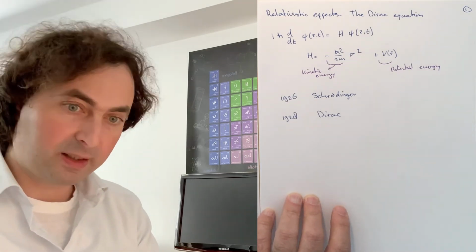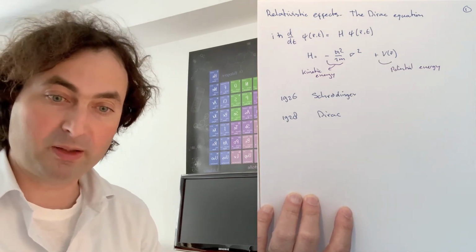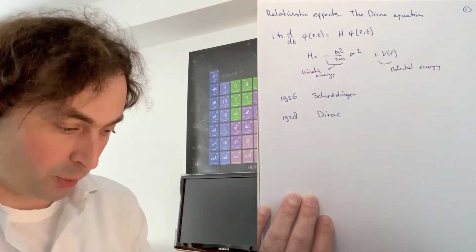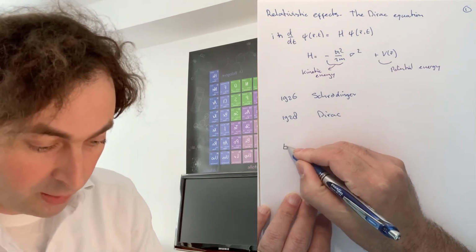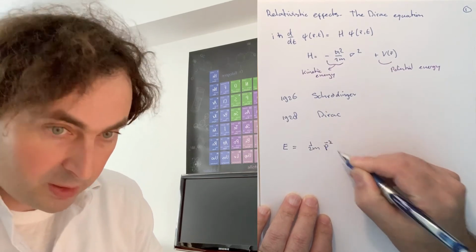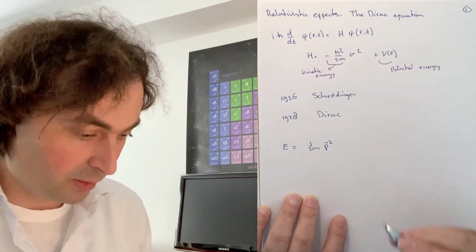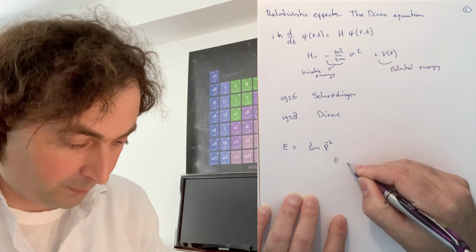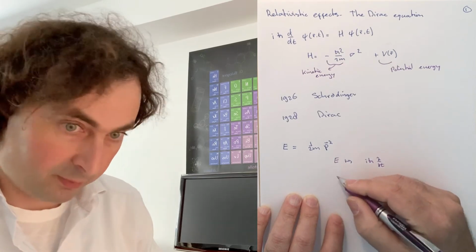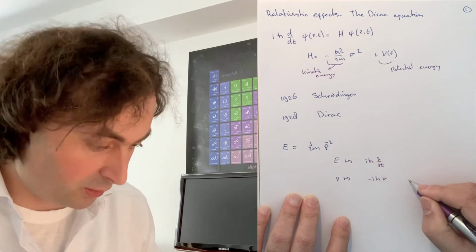So the idea that Dirac had is to have a look at the energy-momentum relations, both classically and then relativistically, and see what kind of substitutions one makes. So classically we know that the energy is given as p squared over 2m, and if we now want to arrive at the Schrödinger equation, we have to replace the energy by the operator, that is the time derivative, the momentum by the gradient, so a spatial derivative